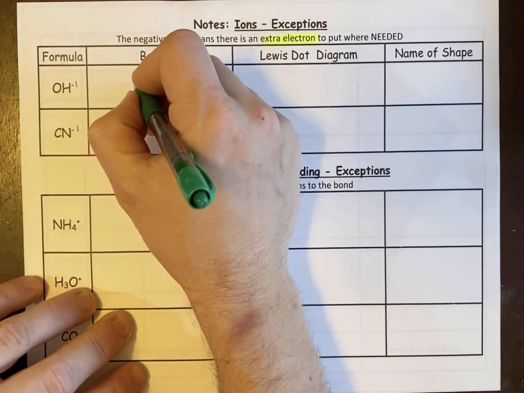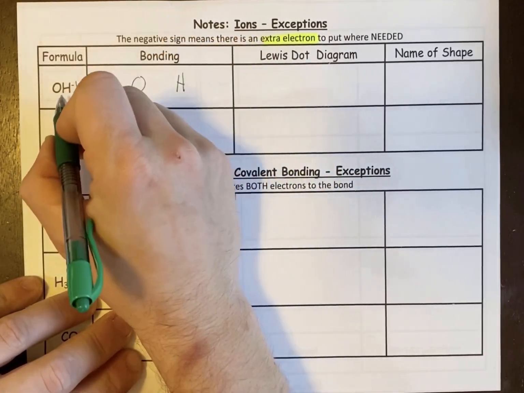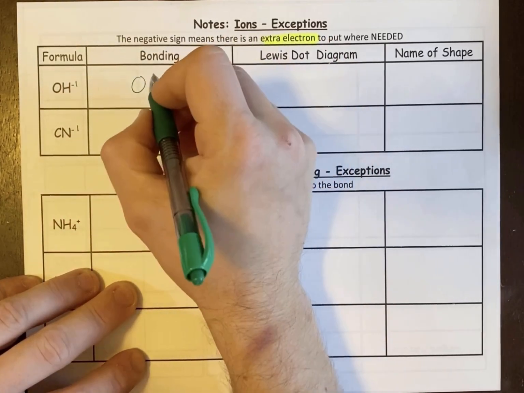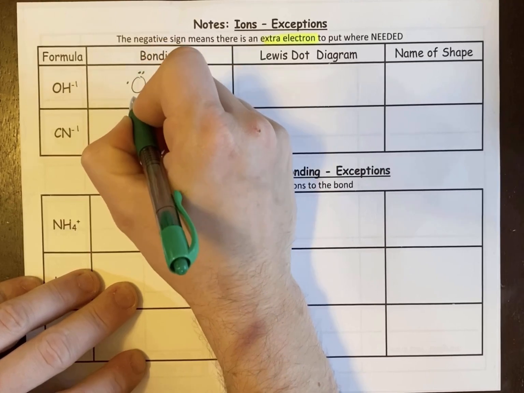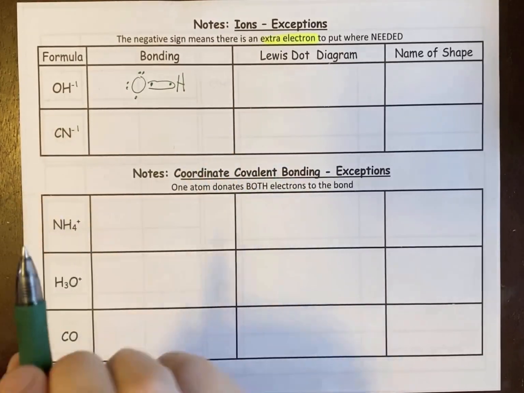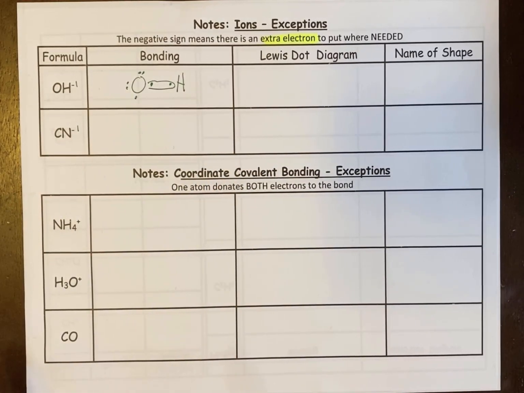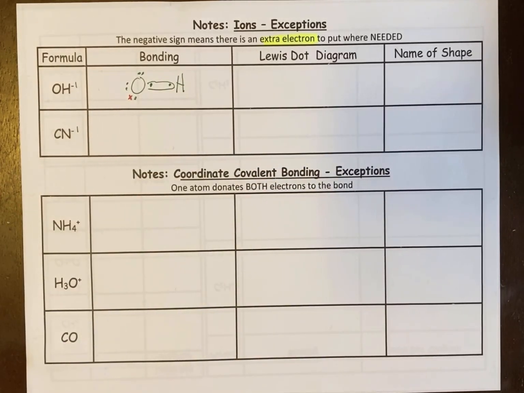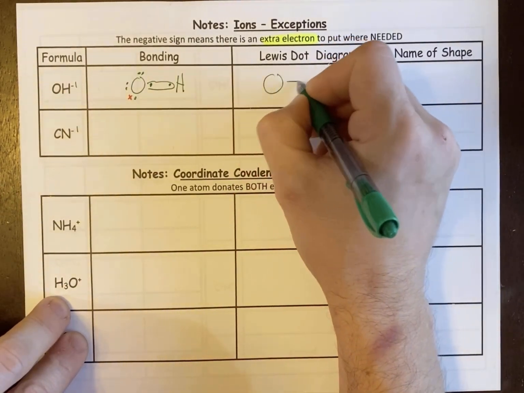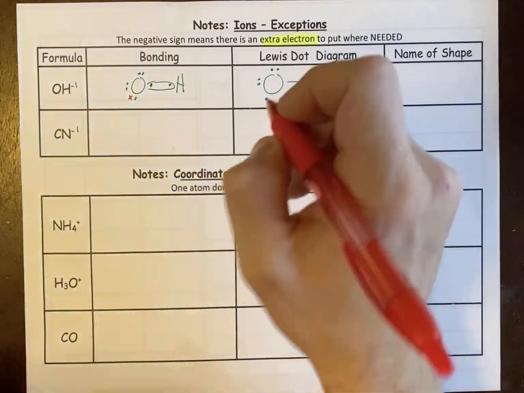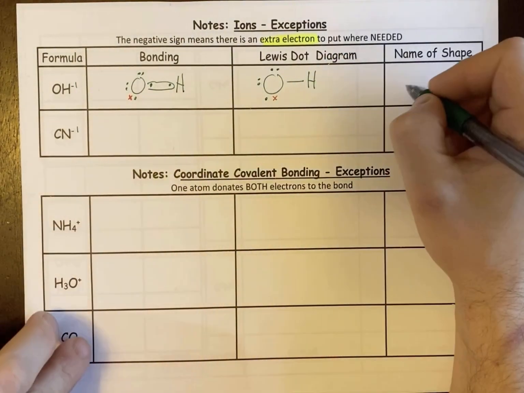That's where the extra electron comes in. Look at the most simple example. When I bond O to H, and again, this is saying you have 1 O and 1 H, not as many as you need to make it stable. You just get 1 of each. I know oxygen has 6 valence, hydrogen has 1. I bond it. Oxygen's not stable. It needs 1 extra bond, but it doesn't have an extra atom. That's where the negative sign comes in. It means you have an extra electron to put where you need. I used a red X. And so when I do my Lewis dot, it looks like this. The name for this shape,